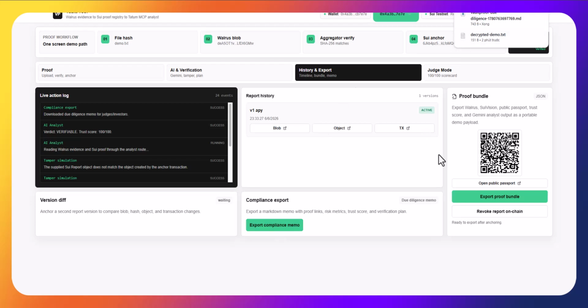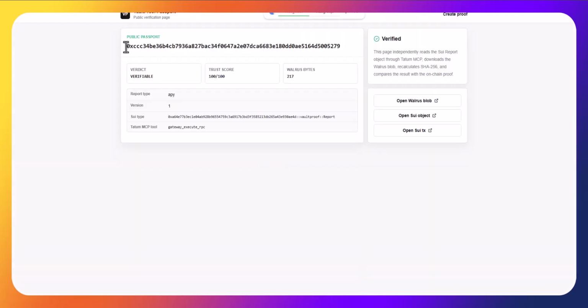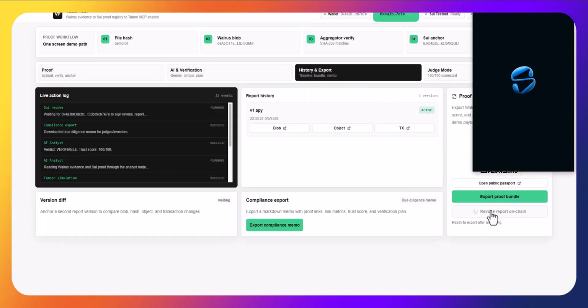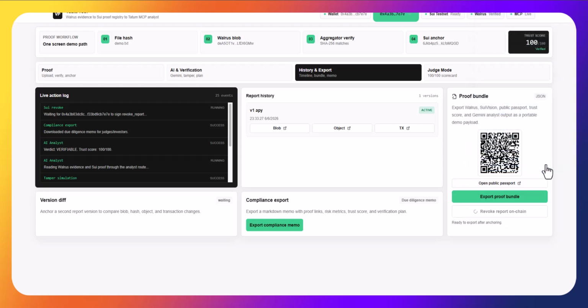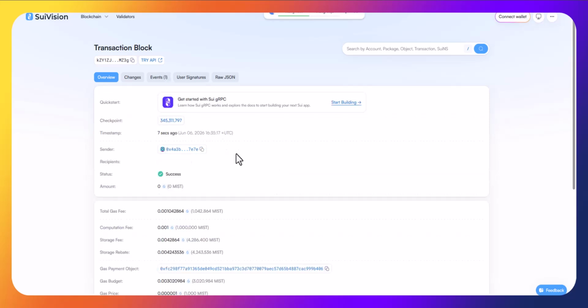Every report has a shareable public passport. A reviewer does not need to trust the dashboard session. The passport rereads the Sui object through Tatum MCP, downloads the Walrus blob, recalculates the hash, checks revocation status, and exposes independent Explorer links. VaultProof gives Sui DeFi a reusable trust layer for vault reports, audits, DAO disclosures, incident evidence,